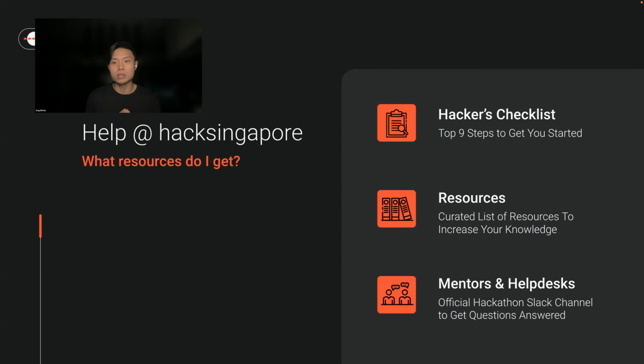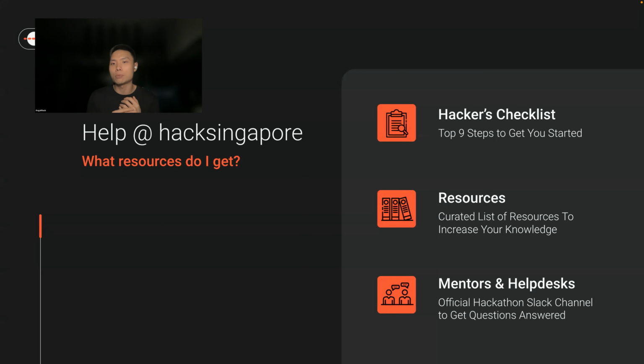During this opportunity itself, there are lots of resources and help available at the hackathon. The moment you have registered, you will be directed to the hackers checklist, where there will be nine different steps to help you get started, from a team formation guide to resources you can look at, and where you can get help from various platforms while working on your projects. This checklist will include how you can look for fellow team members to form a group together in case you are joining the hackathon.